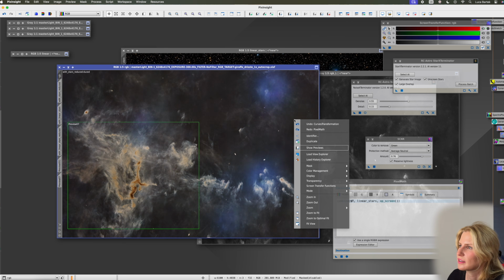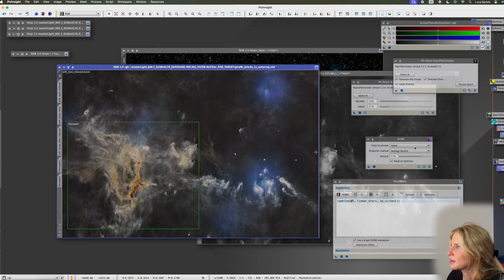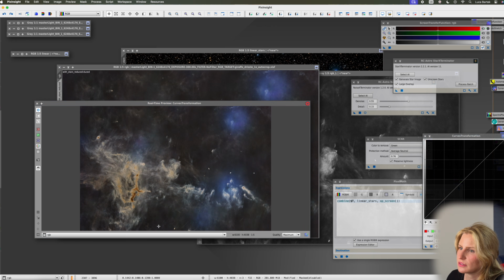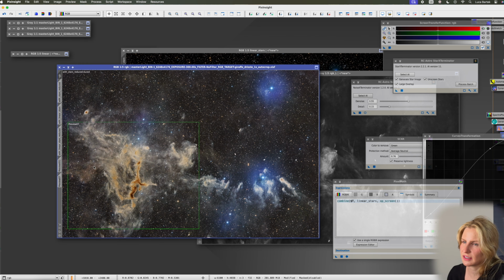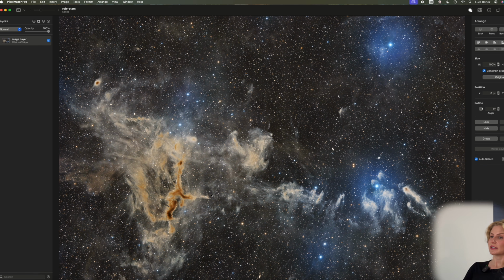I'm going to try. I don't have any masks on, because all the dark areas are still here. There is room to go down on the shadows, and in turn I can make the highlights that much brighter. I think this is looking as good as it will be, probably. I will do my final steps in Pixelmator Pro because I have Photoshop. I have to look at it from a distance, but